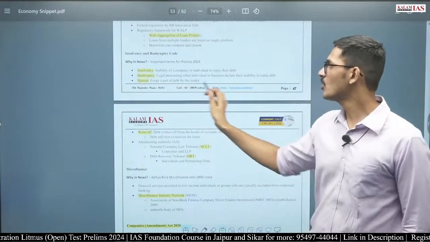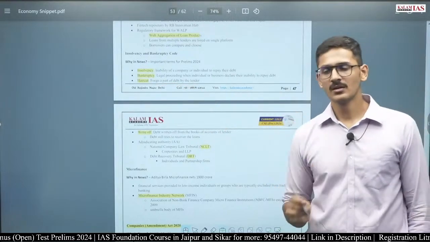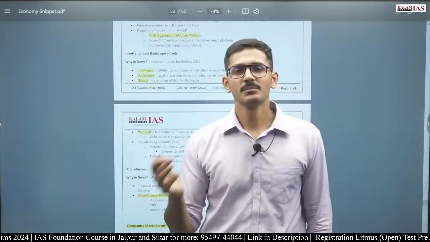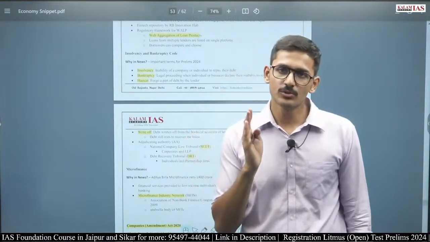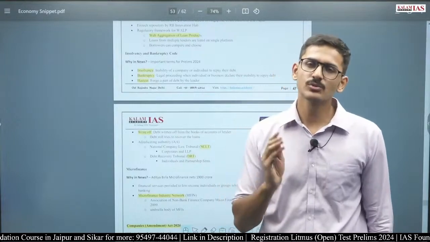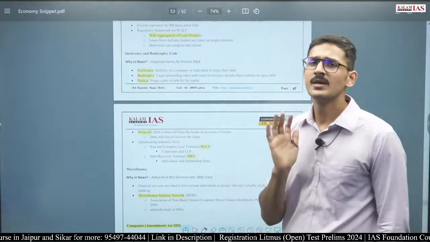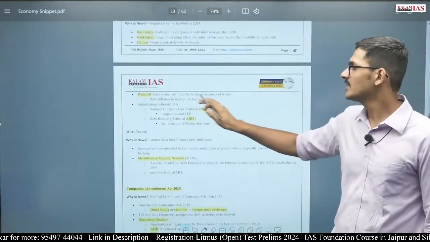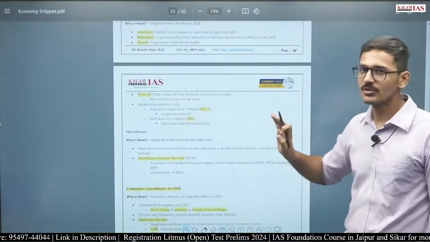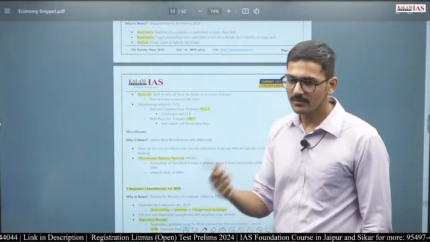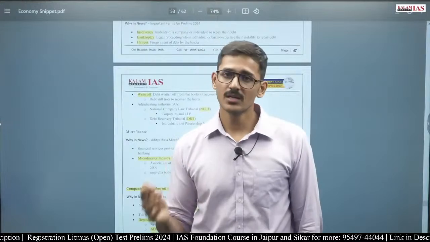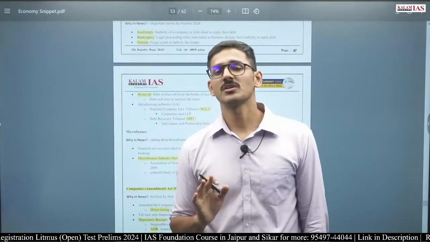Haircut is when a part of the debt is forgone by the lender. For example, I owe 100 rupees to someone, and if I am given a haircut, then the amount I owe will be reduced from 100 to say 80 rupees, 60 rupees, or 50 rupees. That will depend upon the amount of haircut. Write-off is basically debt written off from the books of accounts of the lender. Whenever banks write off a certain amount of money, for example, it was said that Nirav Modi's loan has been written off by the SBI or Punjab National Bank.